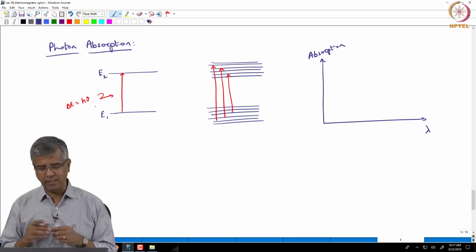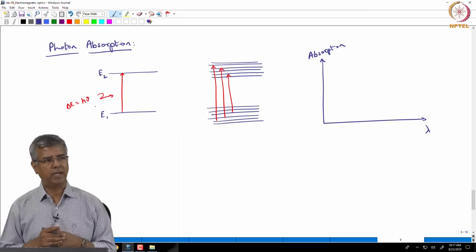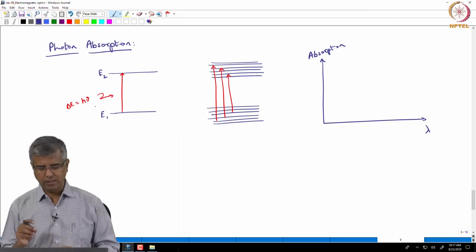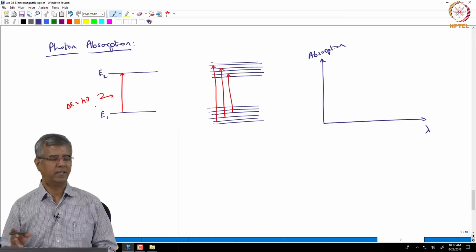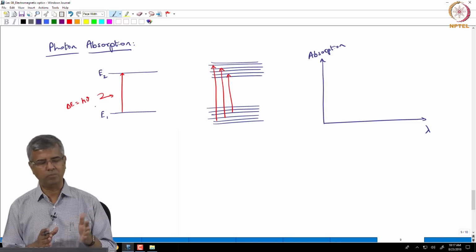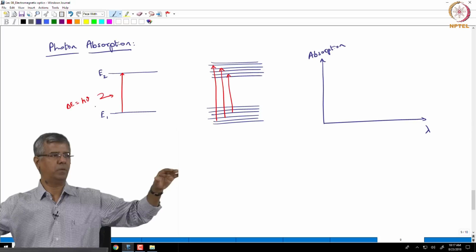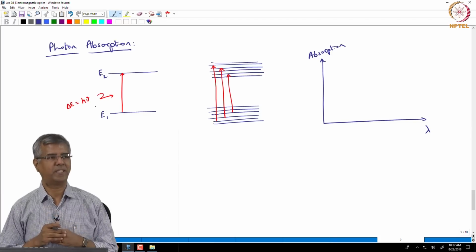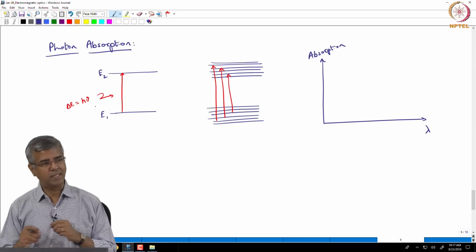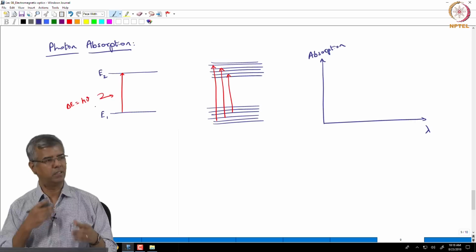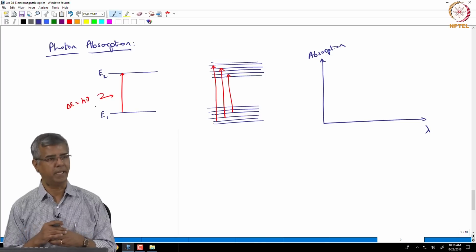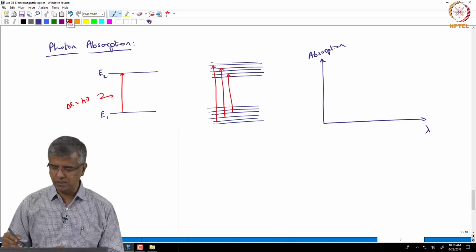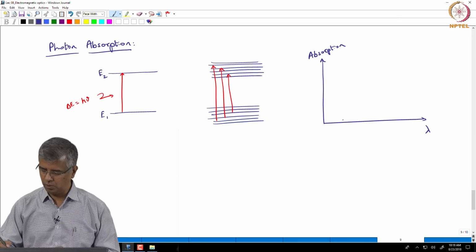And this is actually going into a little more detail. We will come back to this at a later point. But the point here is that all these transitions are not of equal probability. If they were equally probable, the absorption would have extended from one frequency to another frequency, and would have been constant across that entire spectral band. But there are some selection rules that come into the picture, which go into the quantum mechanics of things, and you talk only in terms of probability of absorption. And it so happens that this absorption would now